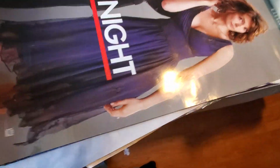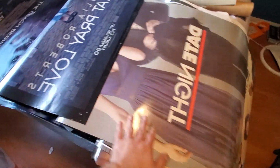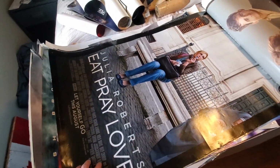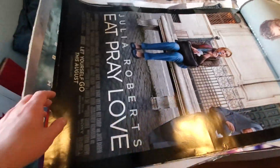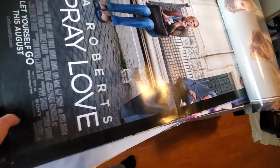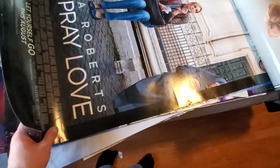We have Date Night with Steve Carell and Tina Fey. I didn't see it. I kind of like Steve Carell. He was really good in The Office, and I think he was also really good in, what's it called again? The Big Short. Eat, Pray, Love, or as Ramsey Paul would say, Drink, Party, Fuck. This looks like the most self-indulgent, obnoxious movie of all time, but...